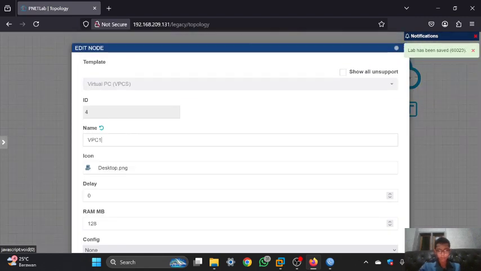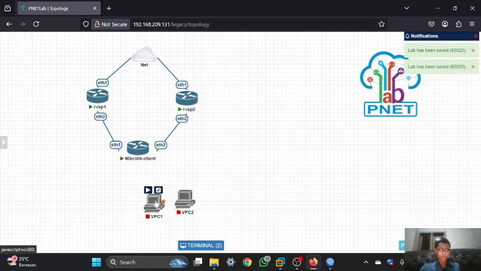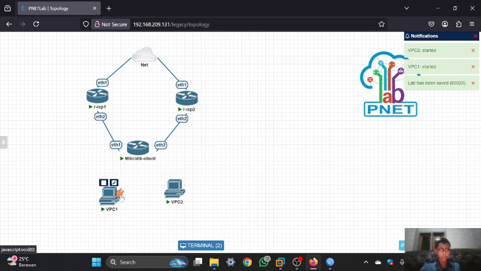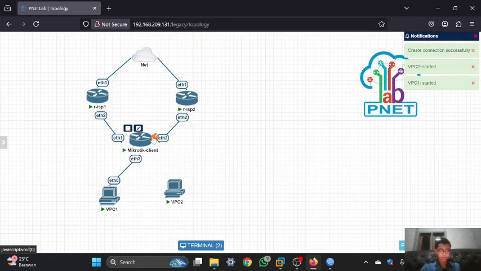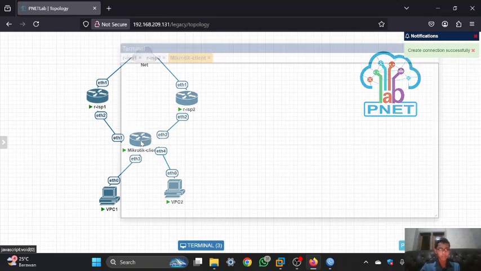We'll change the name here, and after that you can turn it on and connect the VPC to the MikroTik client, and you can open the MikroTik router client.